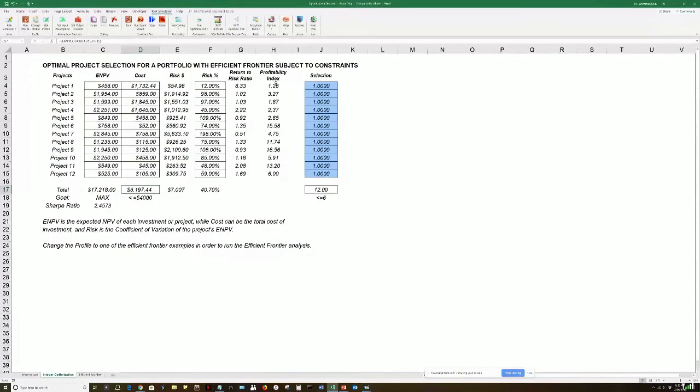But imagine, if you only have, say, 3 projects, A, B, and C, the number of portfolios you can create would be A only, B only, C only, A and B, A and C, B and C. You can also, by definition, do all A, B, and C. So there's literally 6 plus 1 types of permutations. And that is just because of 3 different projects, A, B, and C. So 3 factorial, 3 times 2 times 1, is 6.